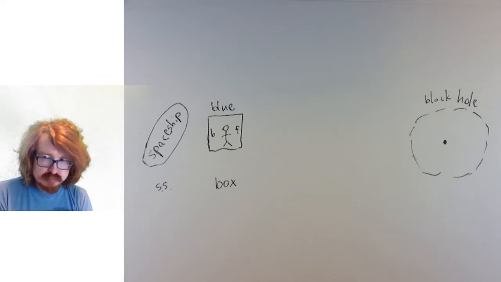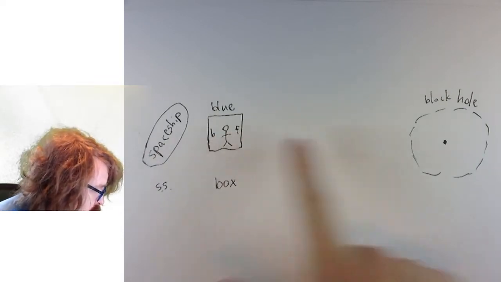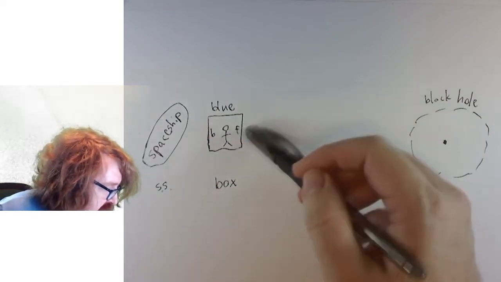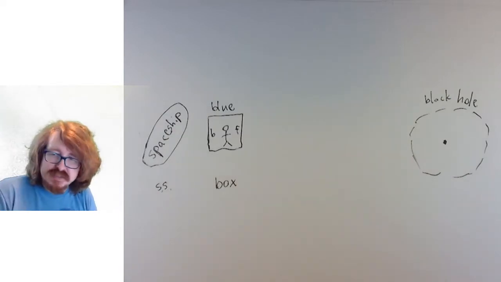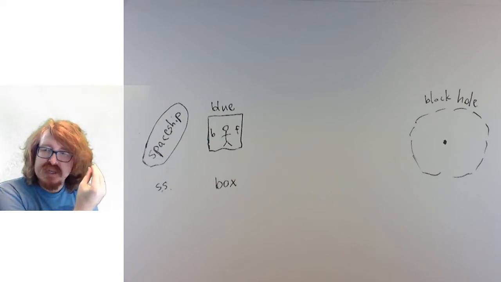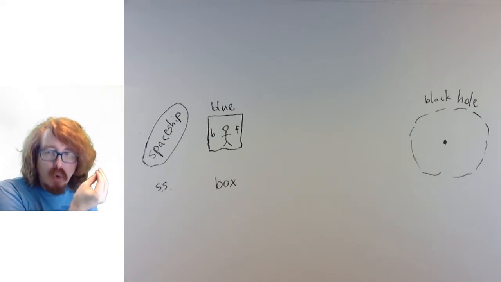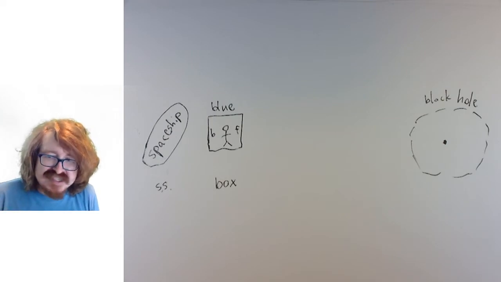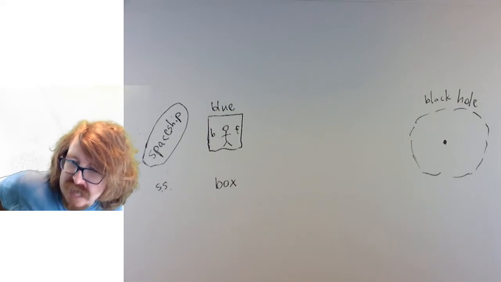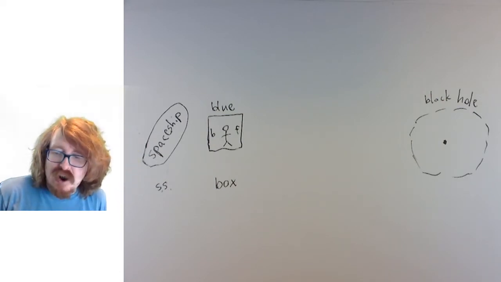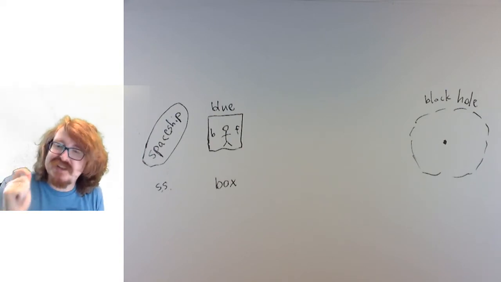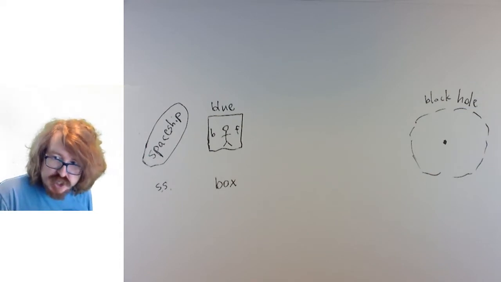The front. And as he falls towards the black hole, the difference in what the front feels from the back will increase. So as he gets closer to the black hole, the front will feel more and more gravity than the back. And this situation should look familiar to you. We've seen this situation play out a lot in this course. What is that going to cause to happen? Oh, somebody even just guessed it before I even asked. Yes, this is going to cause the box to stretch, okay?